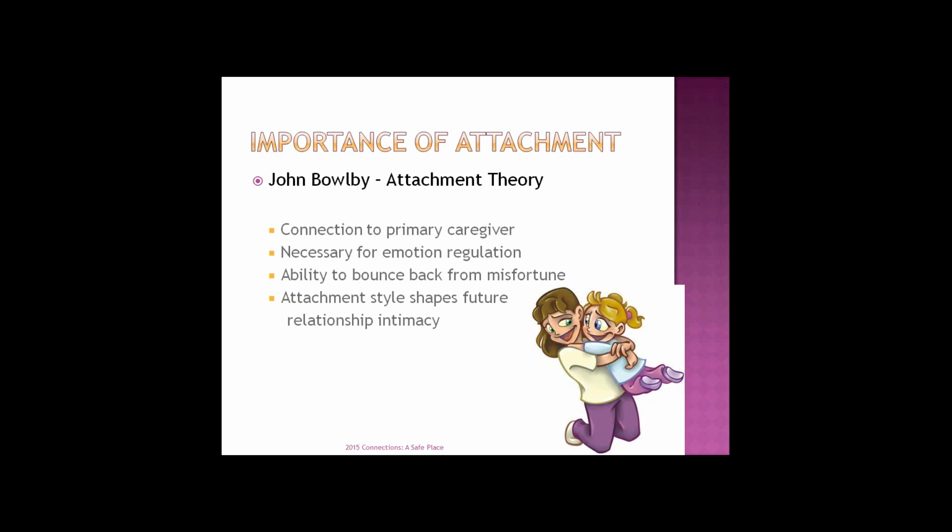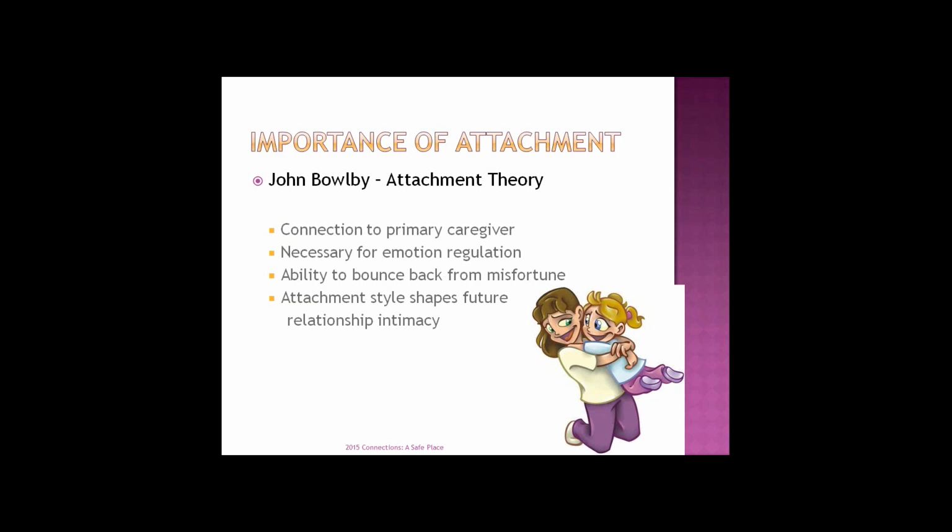When the baby falls and hurts themselves and the mother comforts them, that baby learns that they can quickly work through their emotion and come to the other side. When they get angry and they throw something and their mother helps them work that through, they again learn that they can regulate their emotions. They also learn that they can bounce back from misfortune. When they fall down and hurt their knee or their favorite toy is broken and their mom helps by comforting them and working them through it, they learn that they can bounce back from disappointments. And so these skills become ingrained in the brain, and that attachment style that they learn shapes how they're going to relate as an adult.